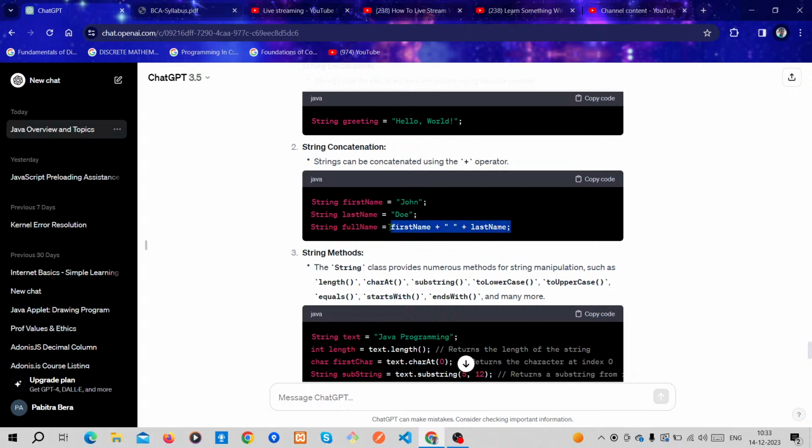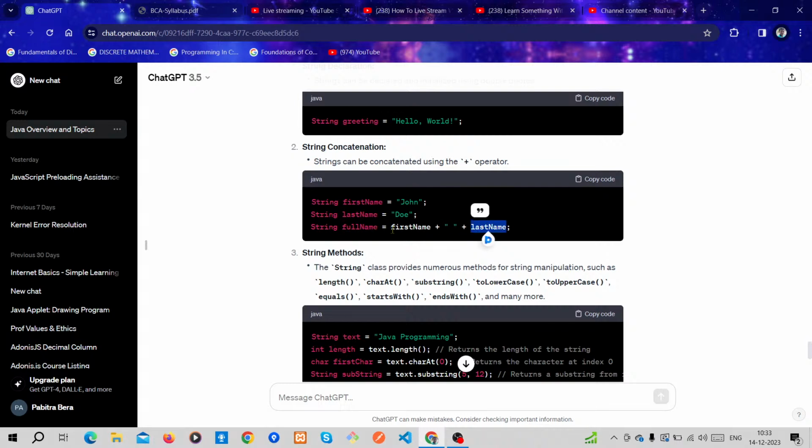So first name plus double quotes with a space, because you want one space between first name and last name, then plus, and then the last name variable.